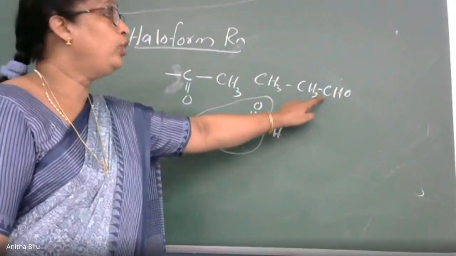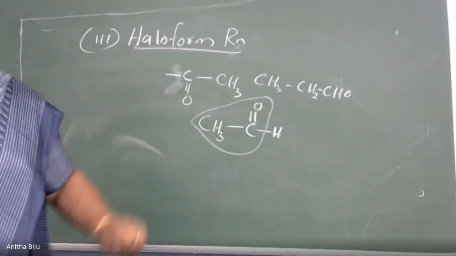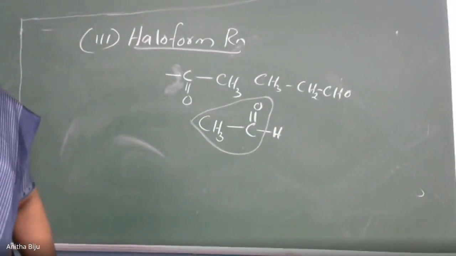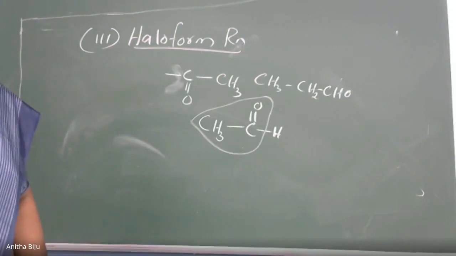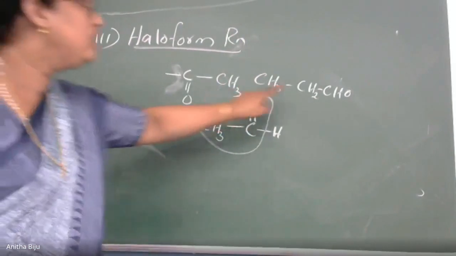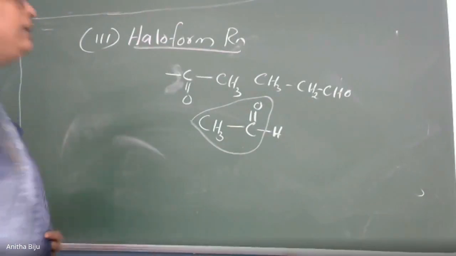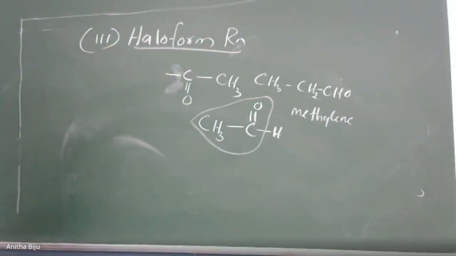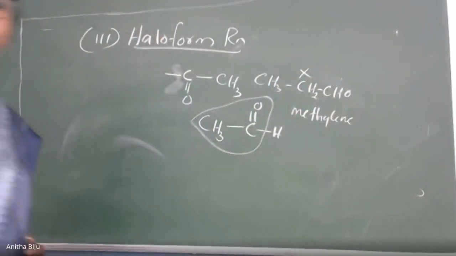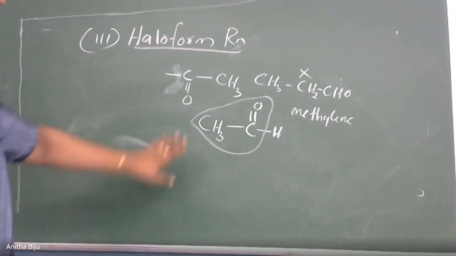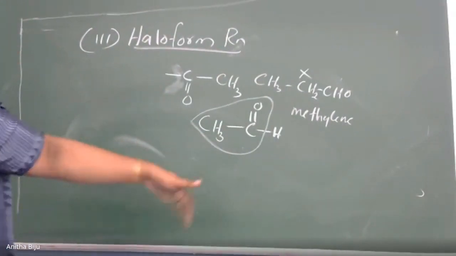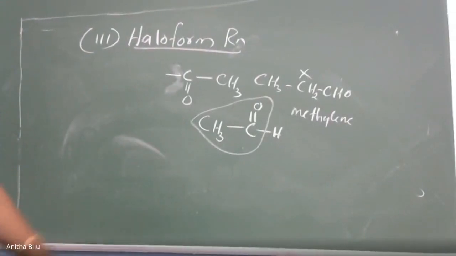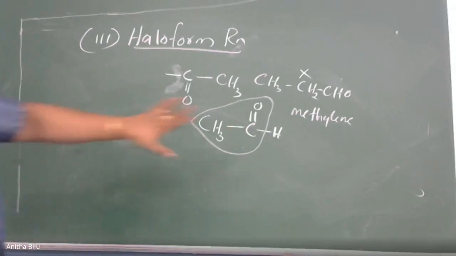And along with the keto group, it is not a methyl, it is an ethyl group, sorry, a methylene group. Methylene means a CH2 group, not a methyl. A CH2 group is called a methylene group. So this is not eligible for the test. So there is only one aldehyde, and that is ethanal. The first aldehyde, HCHO, is also not in that category. It contains no methyl with the keto group. So this is the first example.